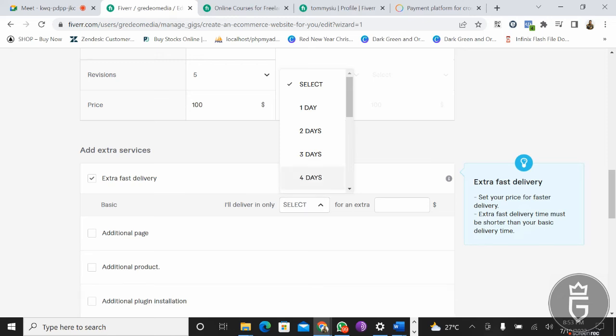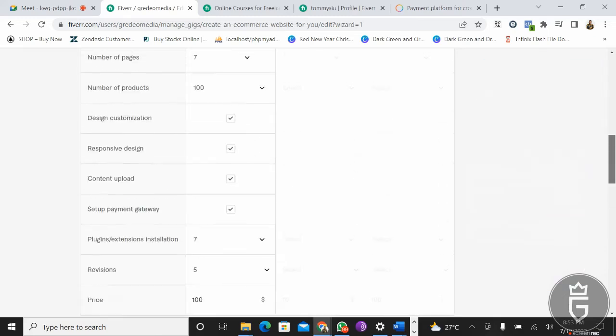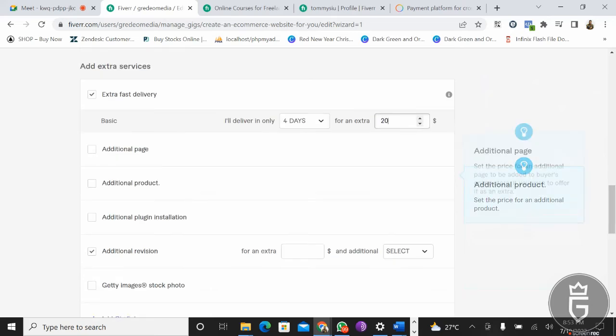So I can say I will deliver in 4 days for an extra $20. That means if they want me to deliver in 4 days, they'll be paying me $120. If they're sticking with the 7 days, they get to pay me just the $100, you know, whatever you want to put. And then there's additional page. Up there, I've said the package comes with 7 pages. If they want additional page, I can always check that. If they want additional page for an extra,